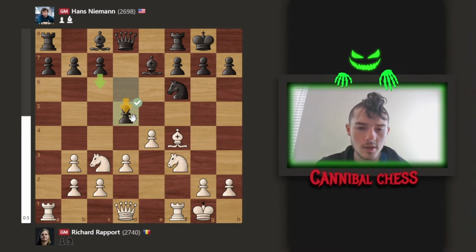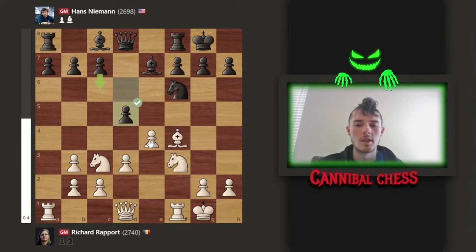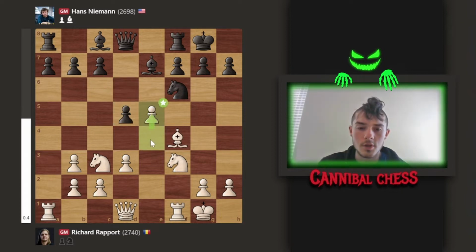and now Hans finally pushes d5, striking in the center of the board. And instead of taking, which as I showed earlier might not have been the best thing for Richard to do here, Richard just decides to push the pawn forward, attacking this knight on f6. And Hans decides to, what would look like more of a reasonable move, is to go here and then attack